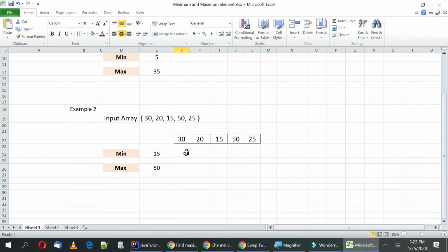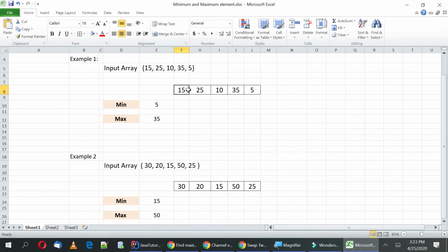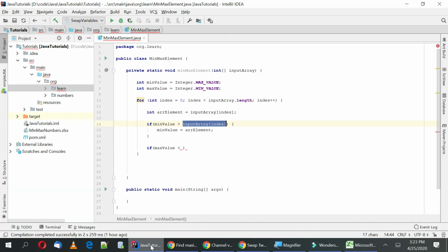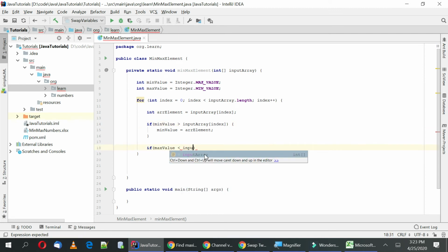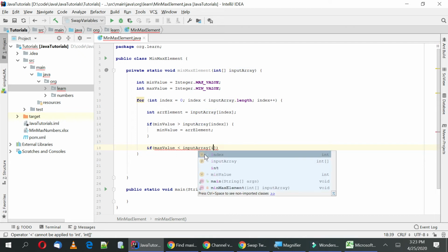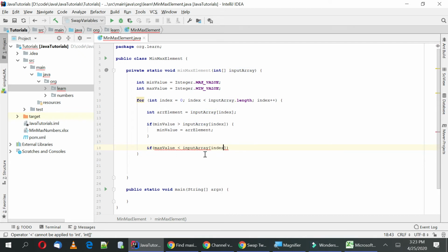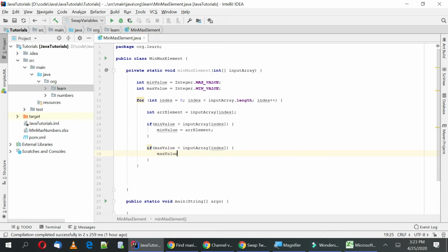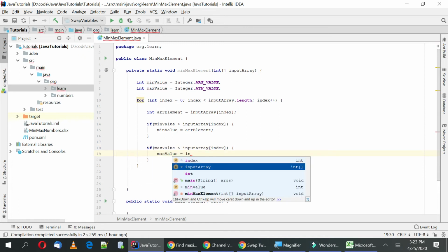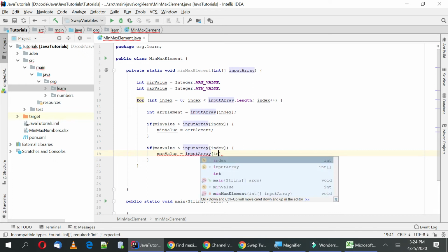So whenever we find any value in this array which is larger than whatever value we are holding, then we update this value, right? So that's what we are doing here now in the code. So whenever we find any element in the input array which is greater than the value we are holding in the max element, we will update its value, right?